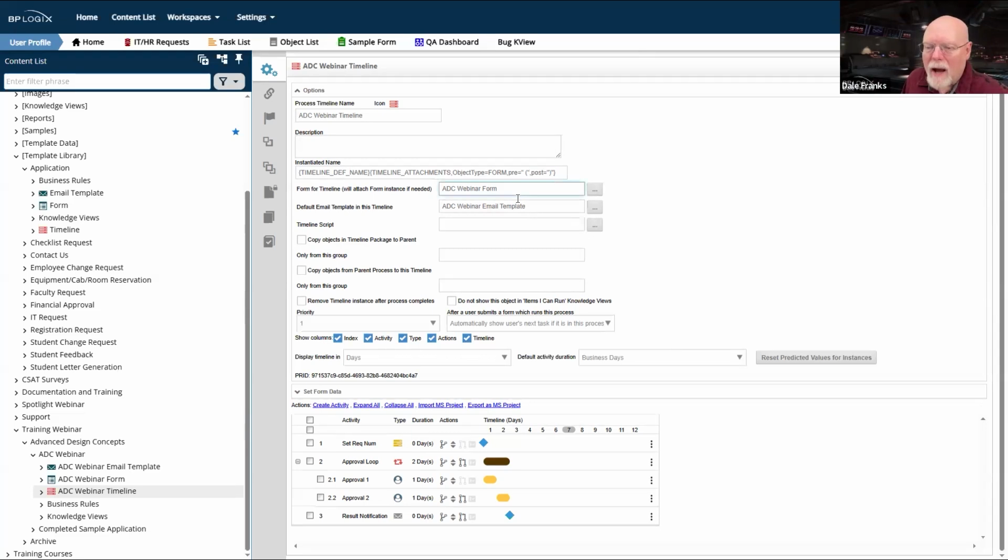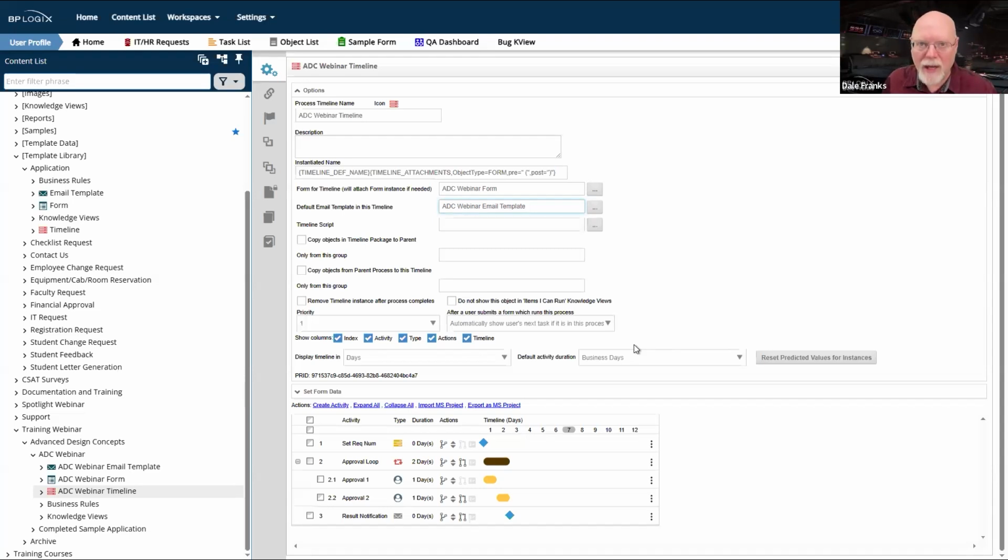You should always have the form for timeline and default email template for timeline properties set. It's going to make your life a lot easier. Now, most of the time, whenever you are creating an application, the timeline part of the application is going to start when the form is submitted. So you really do have to use the start this process when the form is submitted property on the form.